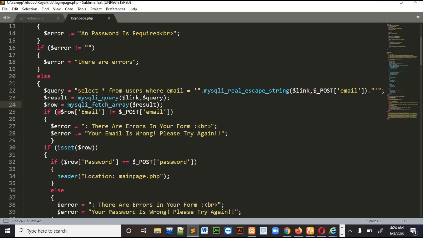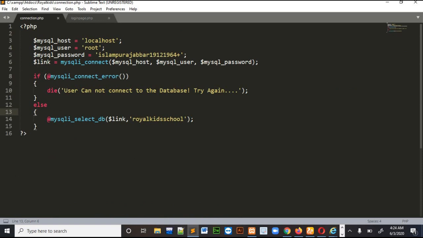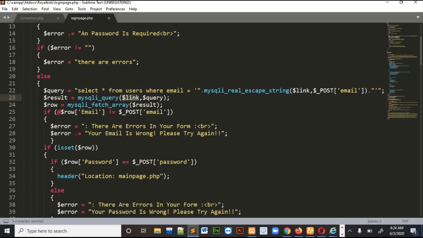You have to write this the same way every time. You give the name of the query variable and then the link variable. This link variable we had defined in our connection.php file. You can see that we had included this file at the top of our page.